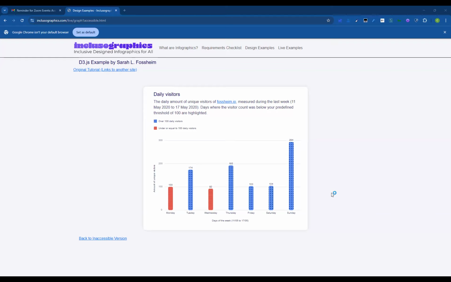I want to play devil's advocate for the keyboard navigation through a chart if there's nothing there, because we regularly tell developers not to put something in the tab order that is not interactive. If this is not interactive, then the bars should not be in the tab order. Now, if you can select it and more data comes up and that data is also announced to screen reader users, that would make sense. But just to have it in the tab order doesn't make sense to me.